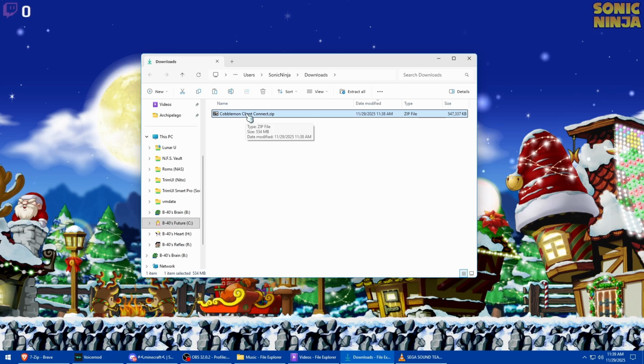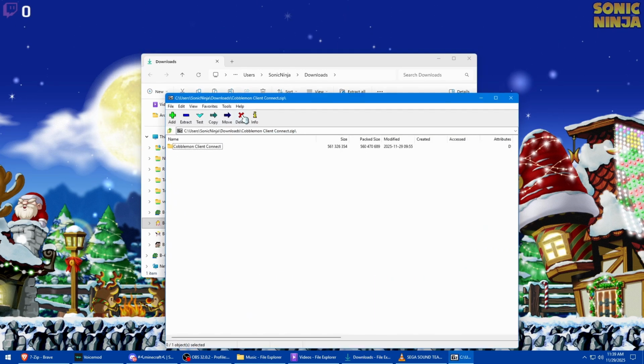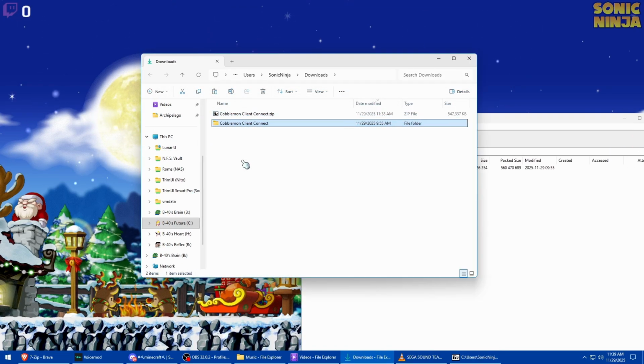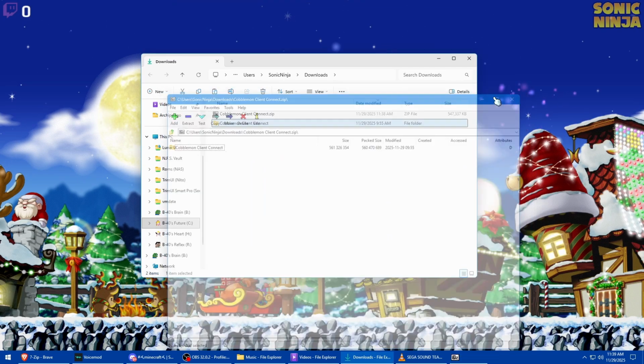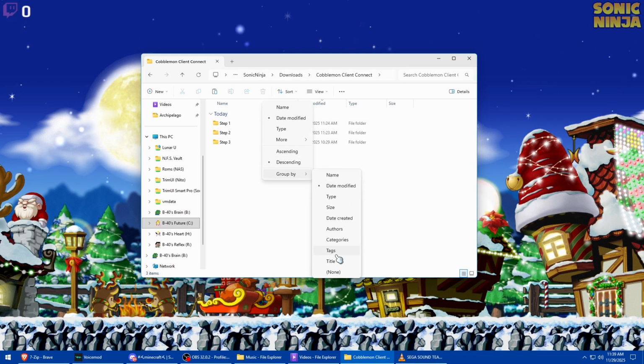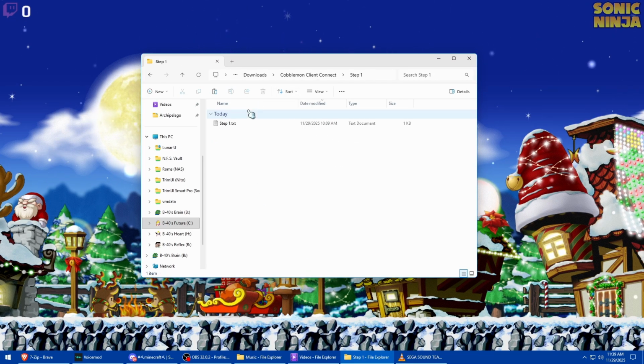So, I put in step 2 how to have 7-zip as your default extractor program, if you don't have it already. So, the Windows extractor should be fine. It's an optional step, but anyways, you want to double click this and drag the folder out to your downloads, or extract it however you want. So in here, we are going to be going to step 1,